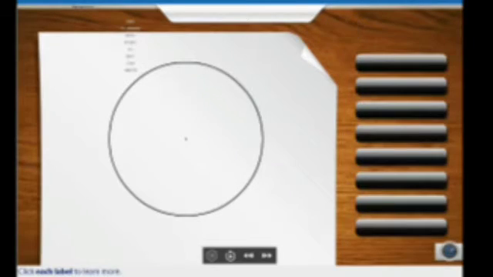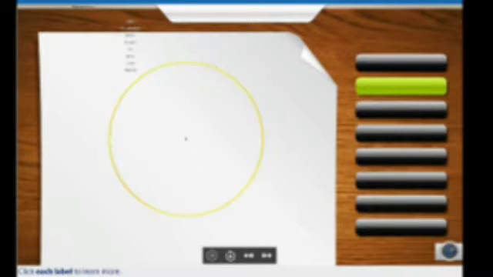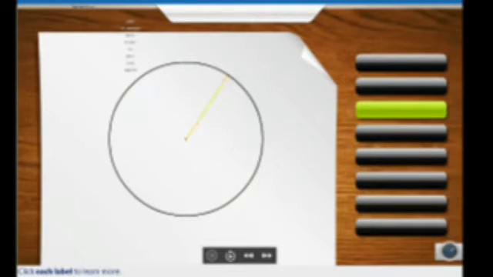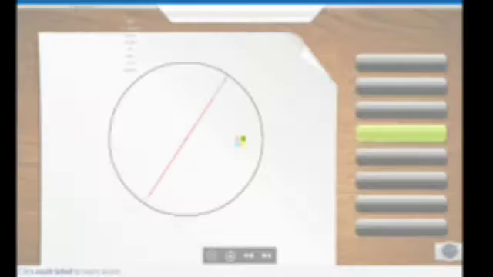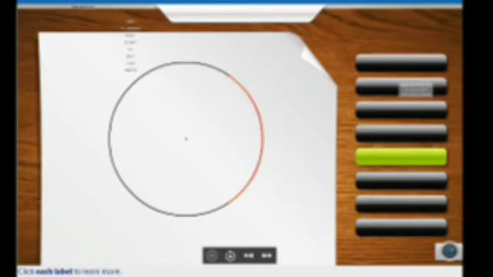Let us learn about the different parts of a circle. Click each label to learn more. The middle point of the circle is called the center. The distance around the closed curve of the circle is called its circumference. The segment from the center to the circumference is the radius. The line segment that passes through the center of the circle and connects two points on the circumference is called the diameter. A part of the circumference is called an arc.